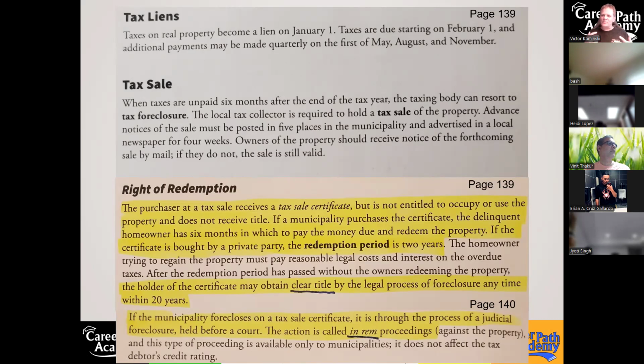This auction is about the municipality just collecting the unpaid taxes, and whoever wins the auction has to pay the full amount. So what are you bidding on? What is the goal when bidding on a property at a tax auction? You want to be the winner so that you get to pay someone else's property taxes that they didn't pay.